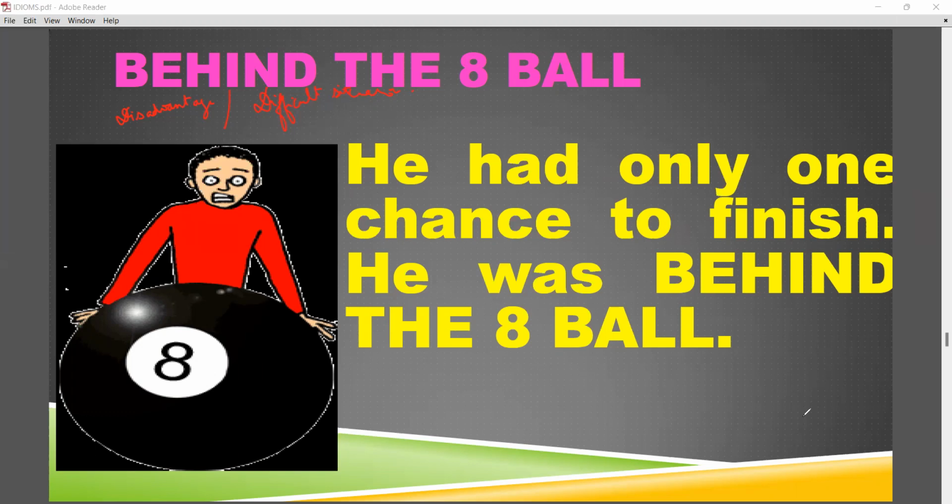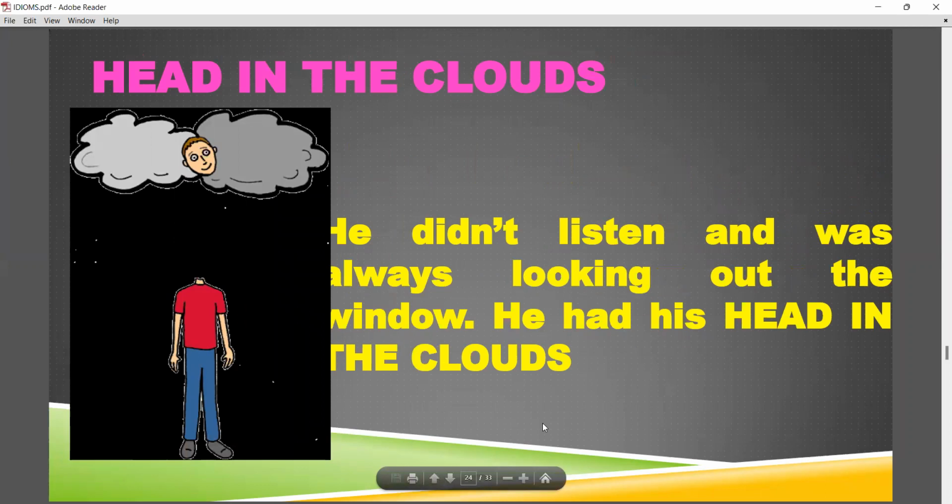Second, related to the game also, right? Head in the clouds. This is not literal, as if the head is cut and stuck in the clouds. No, that means they are daydreaming. दिमाग कहीं पर और हम कहाँ पे, something like that. So daydreaming, head in the clouds. You can also say absent minded. You are there in your thoughts, or daydreaming, or impractical.